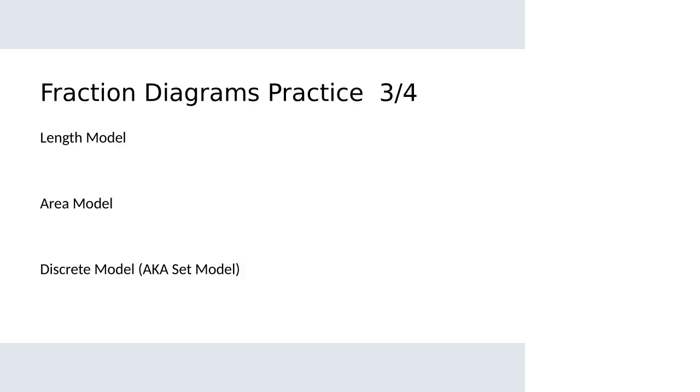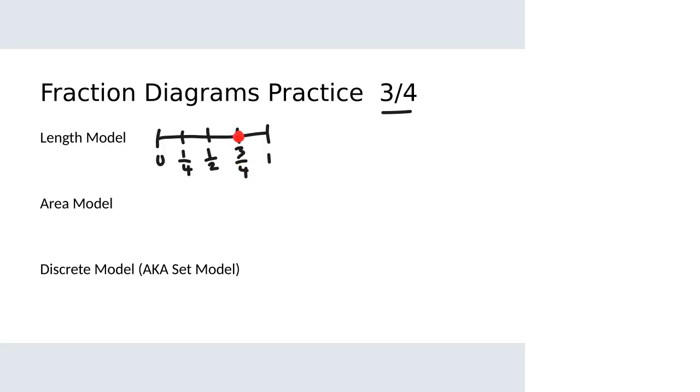Okay, if you're still drawing, that's okay. Just take a look back and see where we are and let me know if you have any questions. We want to show 3/4, and using the length model, I'm going to set up my number line. I'm going to go from 0 to 1. I'll put a half in here, and I'll put 1/4, and then this is where 3/4 would go. And then if I want to indicate 3/4, I'm just going to put a dot right there, and that's 3/4